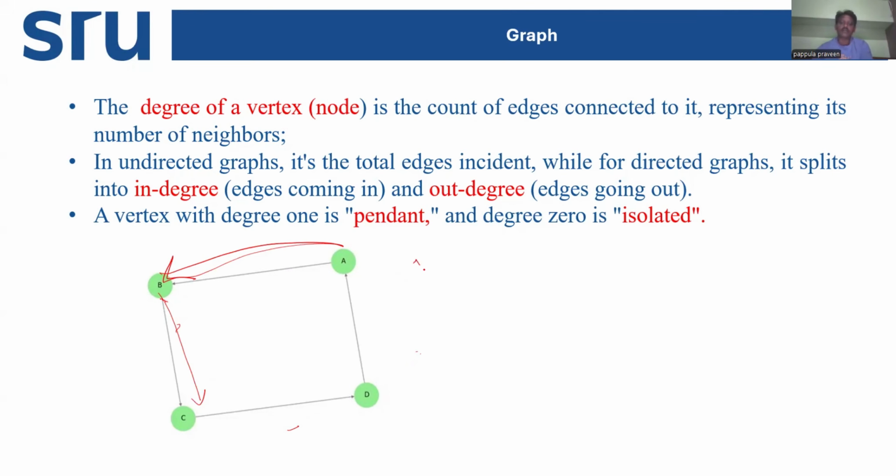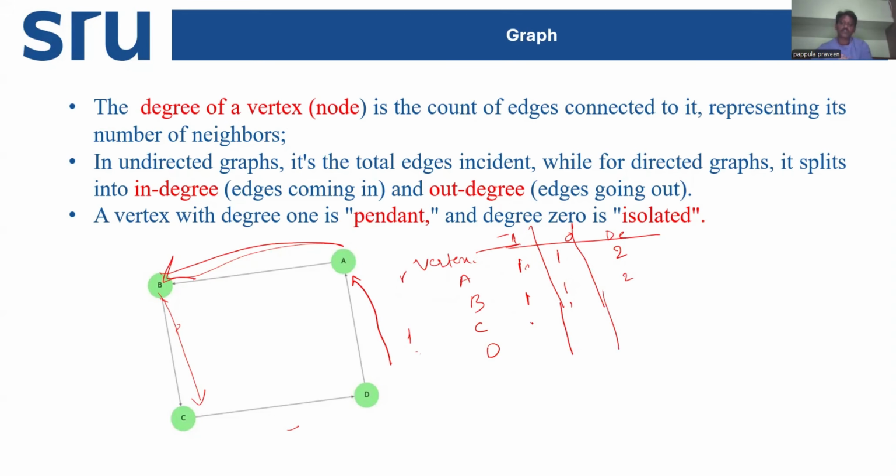vertices with the graph: vertex, in degree, out degree, degree. A, B, C, D. A in degree is 1. This is the in degree of A, and A out degree is 1. So B is also 1, 1, 2. E is also 1, 1, 2, 1, 1, 2. So now degree of